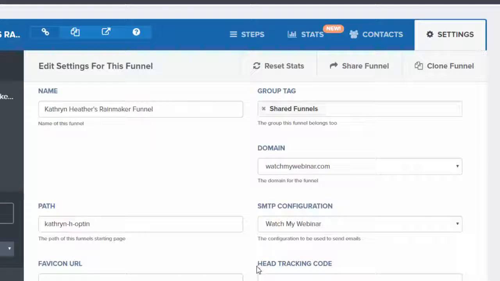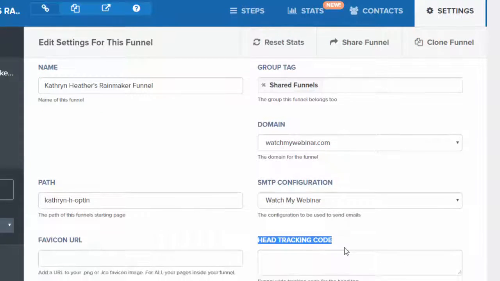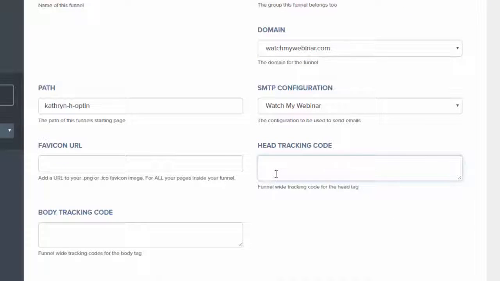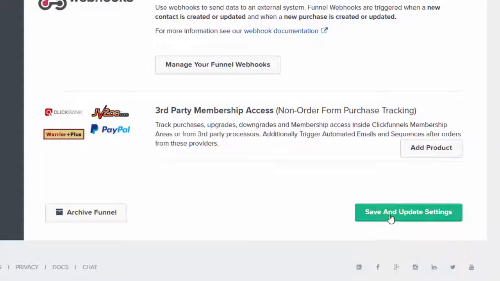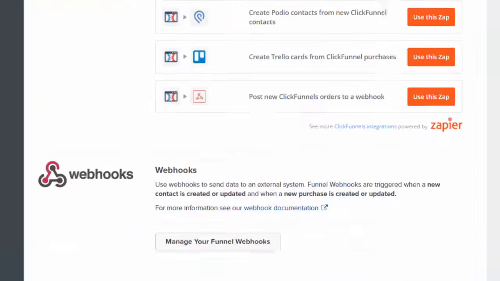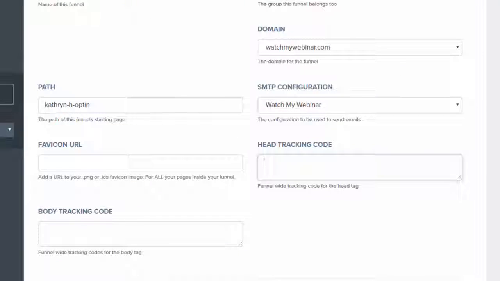And right here where it says head tracking code inside of ClickFunnels, we're going to paste that code in here. This would be on your particular site, so you'd be pasting your own pixel in here. Once you've pasted it in, scroll down to the bottom and click on Save and Update the Settings. Okay, so that's done. Now that pixel code is all the way across your site, and